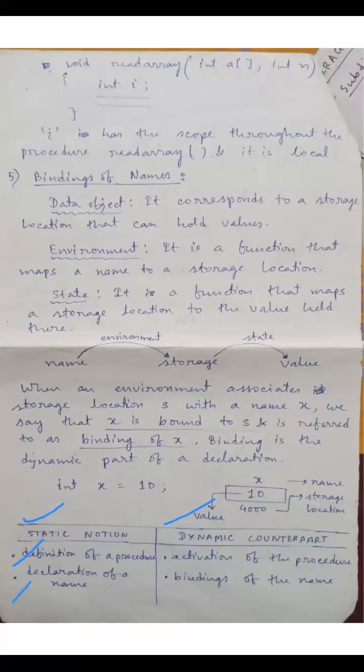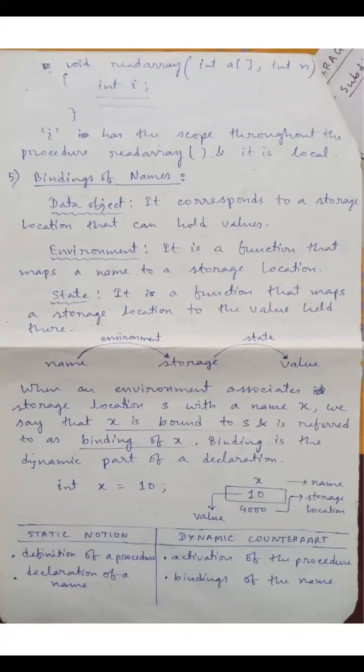But when you are running the program, that is, you are running the functions, that is activation of functions. So activation of a function means you are in the dynamic part. And binding, you know what binding is here? Binding means you are getting some address, and at runtime you are storing the value inside the address. So this environment and state, these two parts constitute the binding of names, and this binding of names goes under the dynamic part. Okay. So these two parts, static and dynamic, you should have a clear idea.